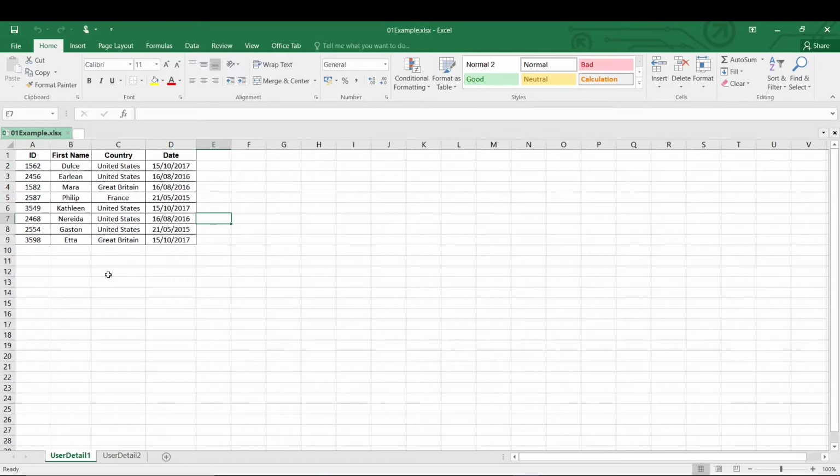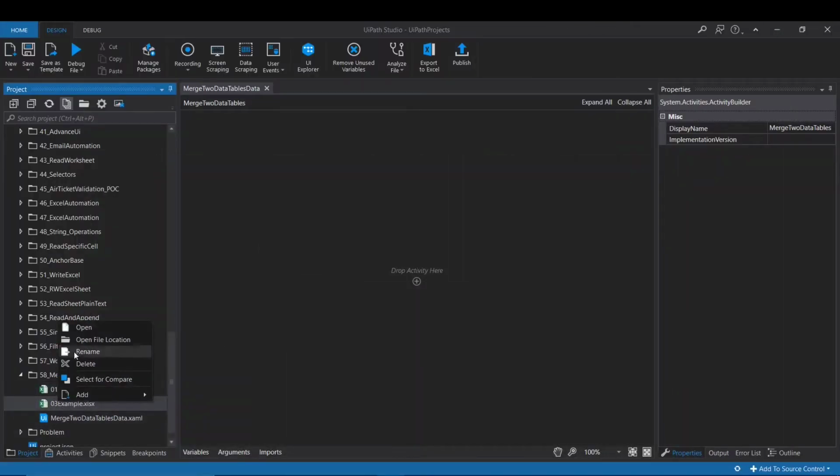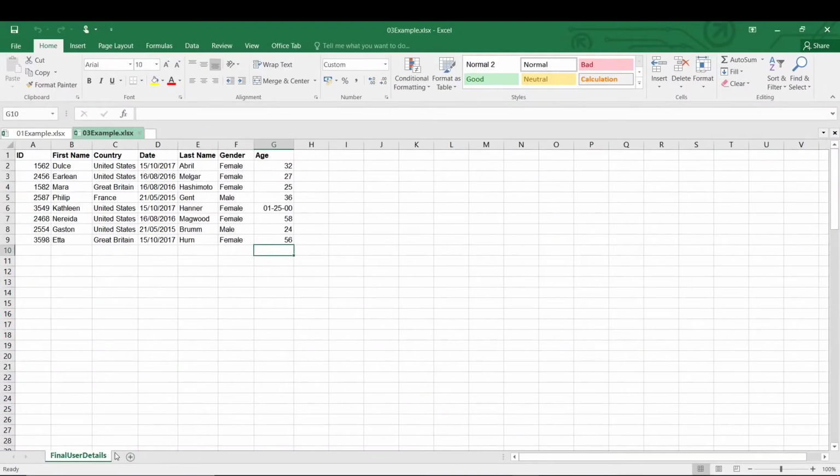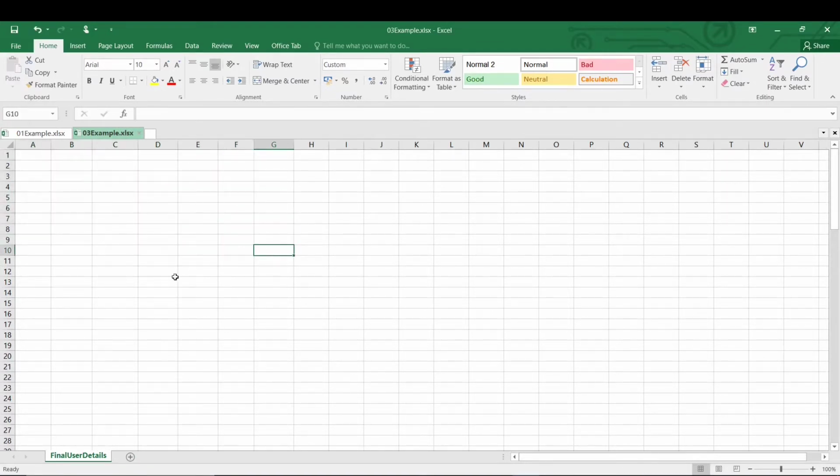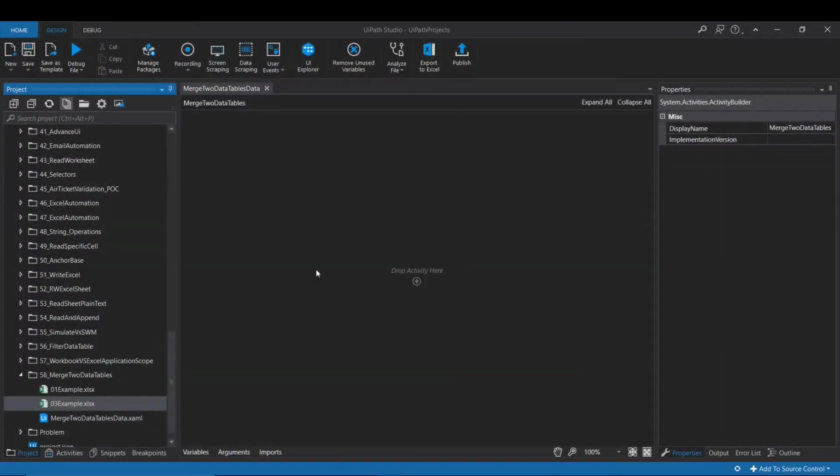My requirement is I want to merge both sheets' data into one. So the final data should come like ID, first name, last name, gender, age, country and date in just one Excel sheet. I have taken one more Excel sheet here in which I am going to remove this data. So this is a blank sheet and the sheet name is final user detail. So close all tabs, and for this, first of all, we will read the data from the two different